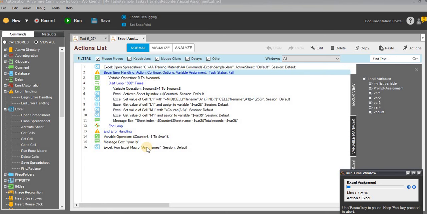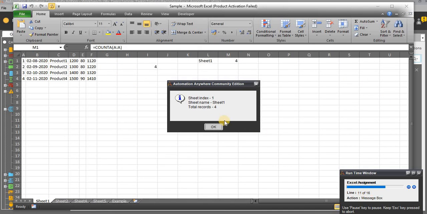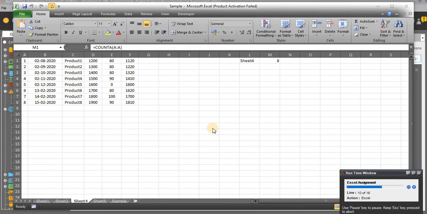Now, let's see. The current line is line 1 of 16. So it's opening the spreadsheet. Perfect. Sheet 1 index 1 and sheet name. Total number of records. Perfect. Using this, we have achieved everything.